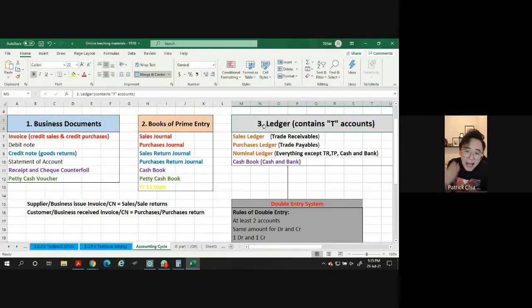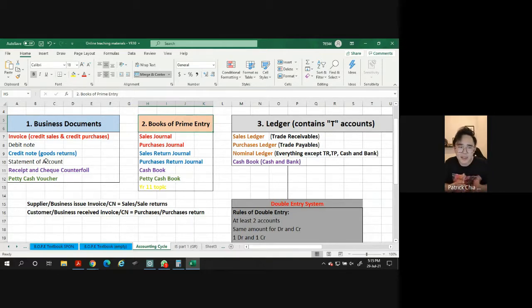All right. Our past class, what we have been doing, I taught you guys double entry. Then from double entry to a T account, correct? So then double entry comes from where? It has to come from transaction, correct or not? And transaction, if you want black and white evidence, comes from business document. But I can tell you actually, in short, I can just do number 1 and number 3. I can skip number 2. But why do we need to have number 2? That is where the advantages will come in.